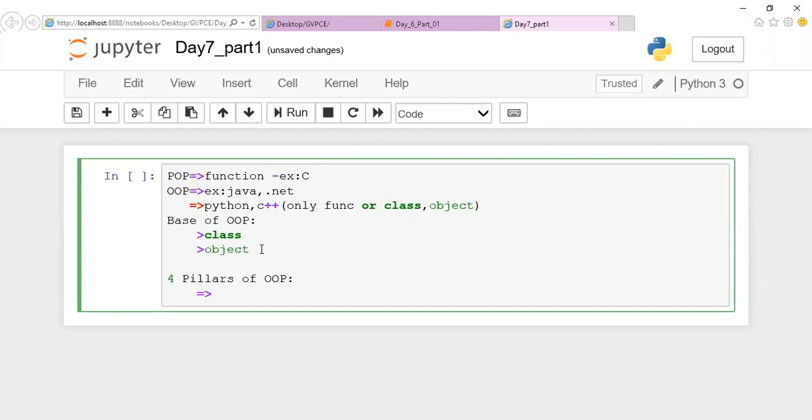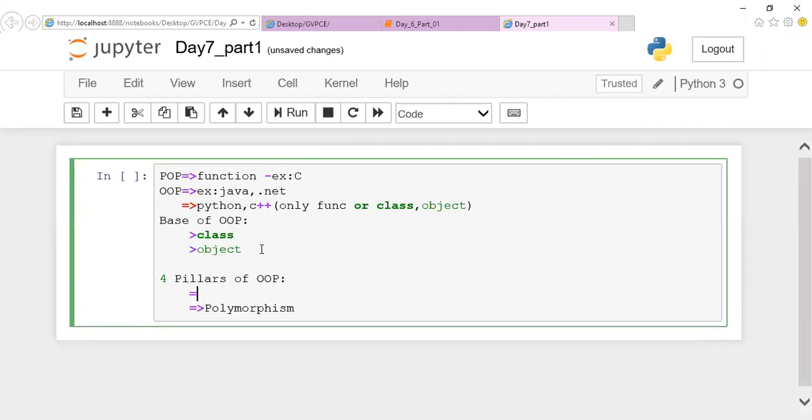Okay, good. Good, Samir. Polymorphism, good. Then inheritance, good. Then okay, abstraction, good, Sai. Then encapsulation, that's it, good.